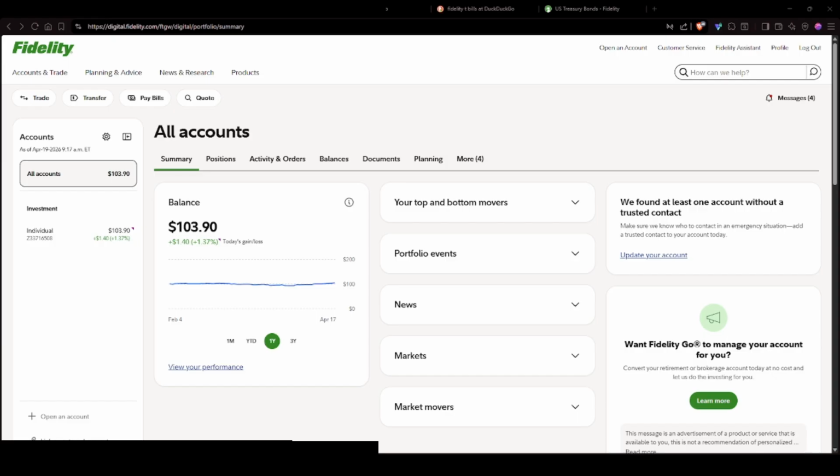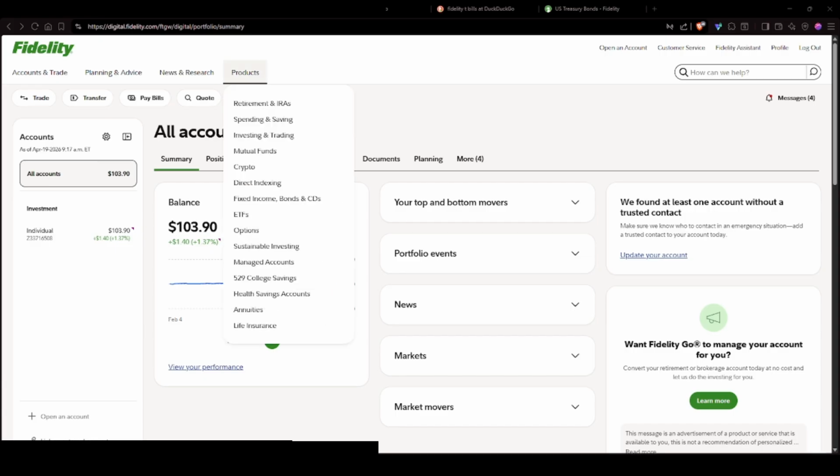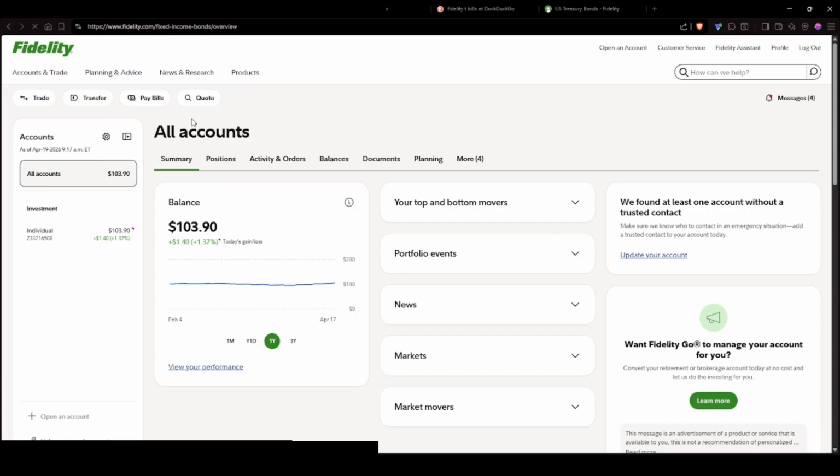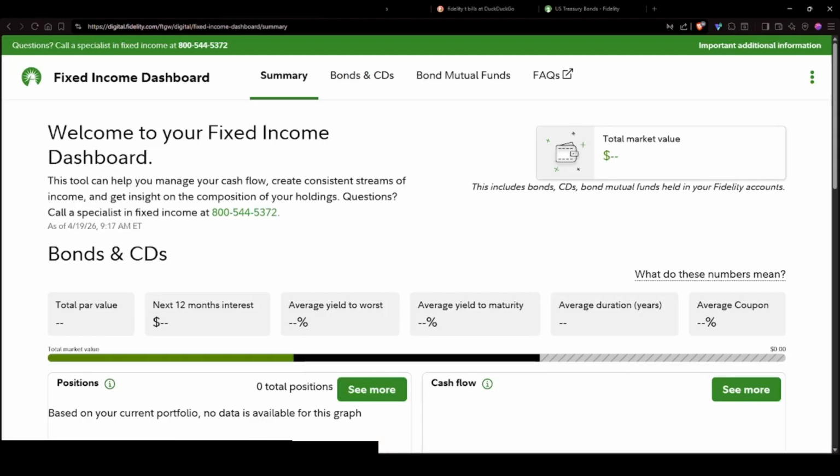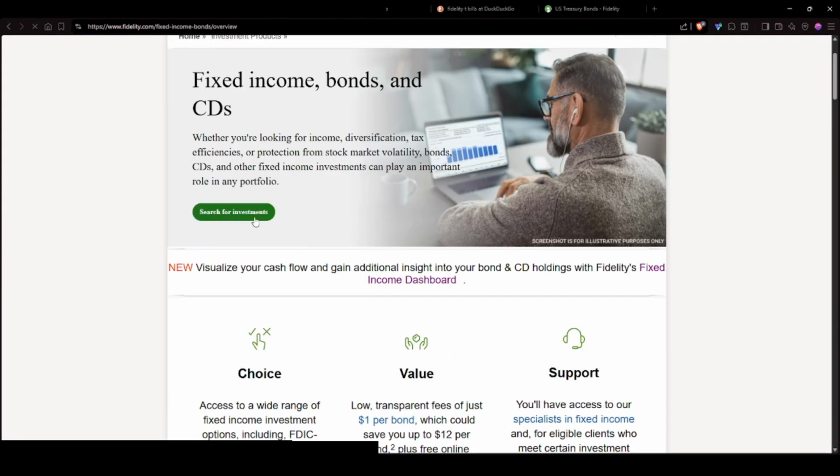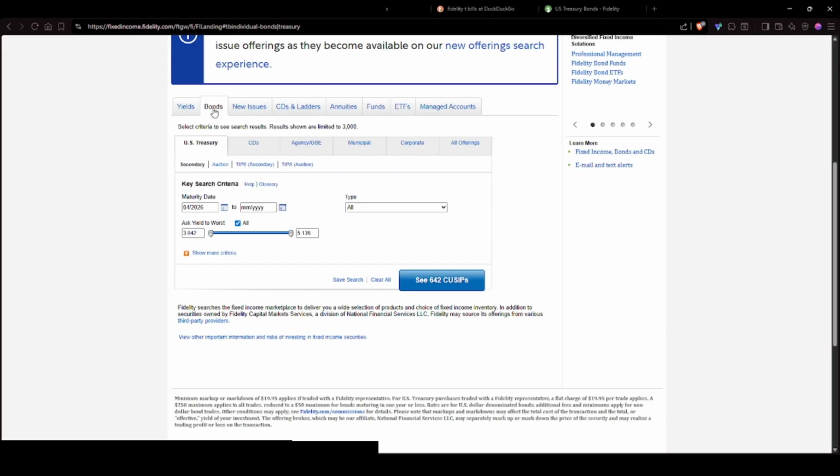Once your account is set up, log in and navigate to the fixed income section on the Fidelity platform. Here, you can find various options for treasury bills. It is important to understand that T-bills are short-term government securities that mature in a year or less, making them a relatively low-risk investment. Review the available offerings, including their maturity dates and yields, to determine which T-bill aligns with